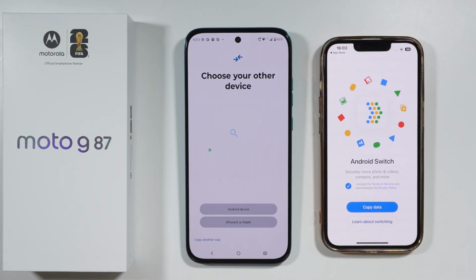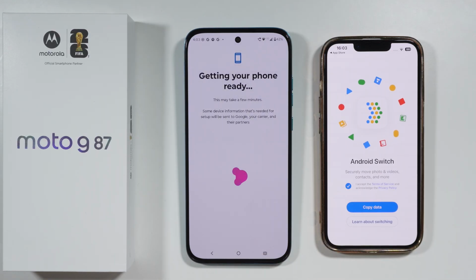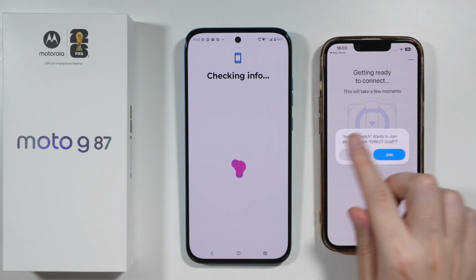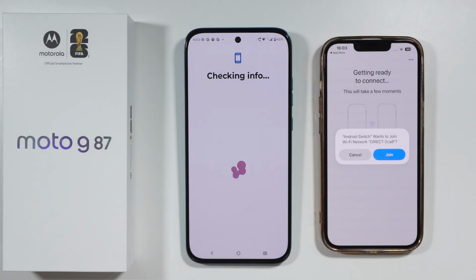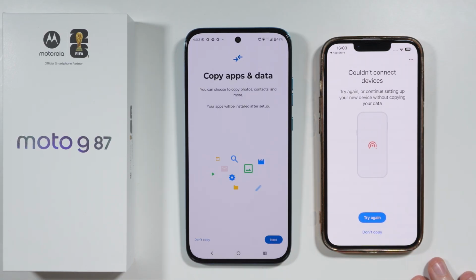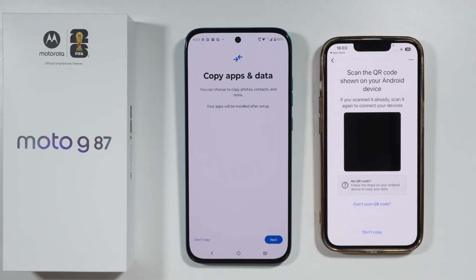Of course, once you have it, you want to open it. On our Motorola, we want to choose that we want to transfer from iPhone or iPad. Then wait a couple of seconds. Here, in the meantime, we're going to choose to copy data. You might also see a prompt to join a network, but most of the time it is an incorrect network, so I would recommend you choosing to cancel. And then you can tap Try Again in order to be able to scan a QR code, which is going to be needed again. So here we're going to tap on Next, of course,